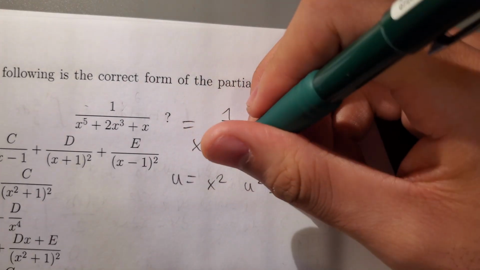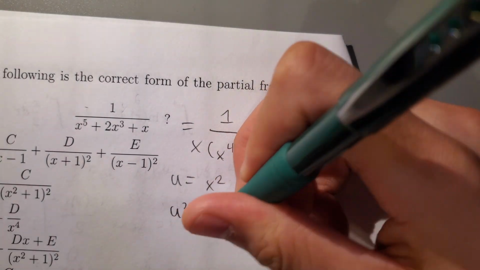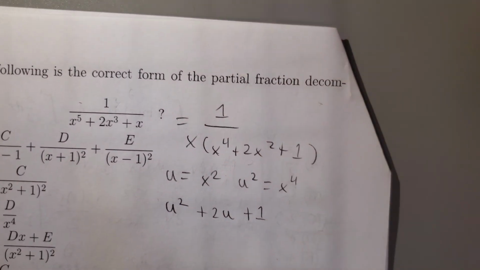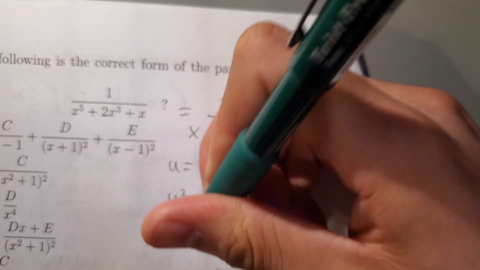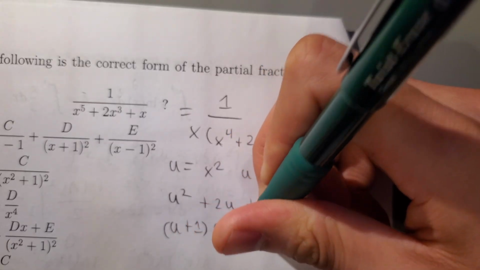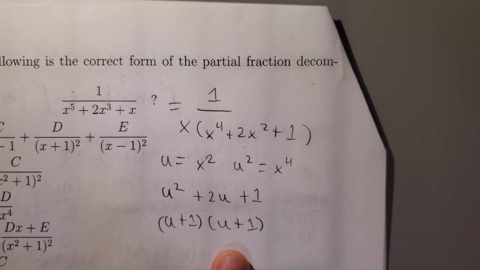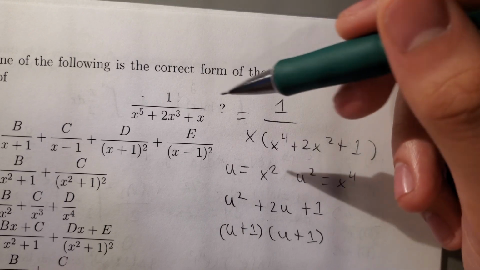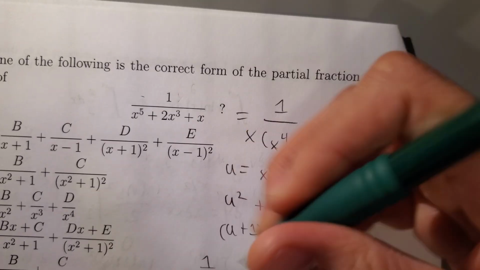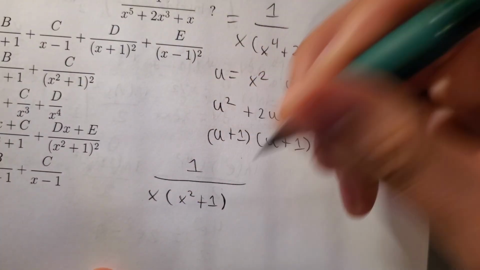Using the substitution, you'd have u squared plus 2u plus 1. And then you can factor this pretty easily. You end up with u plus 1 times u plus 1. And since u is equal to x squared, we can just put x squared back into this. So the factored version of this original fraction ends up being 1 over x times x squared plus 1 times